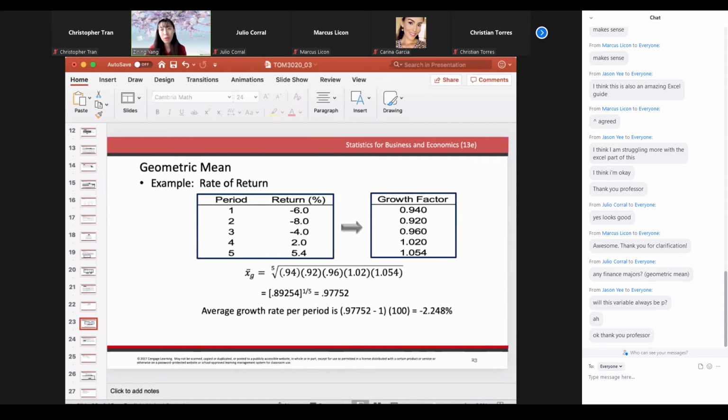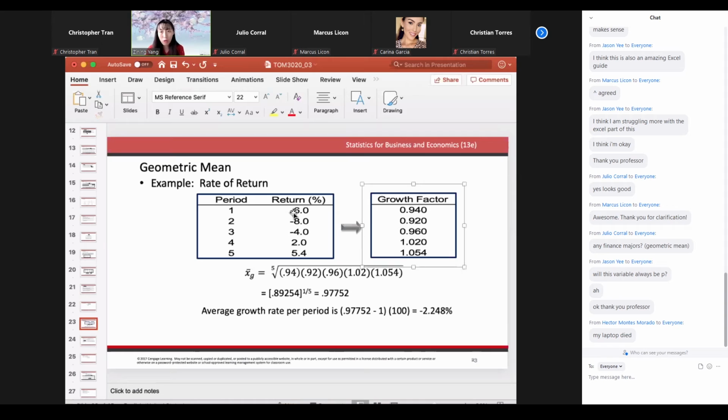So for example, if you have a product or a portfolio and you have 5 periods, right? Your portfolio starts with a negative return, but then ends up with a positive return. Every year it performs differently. And if you wanted to calculate the geometric mean, or on average, what's the growth rate of this portfolio? You will first need to translate that into growth factor. So for example,